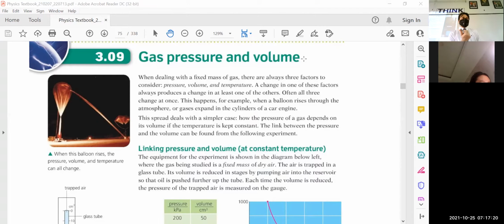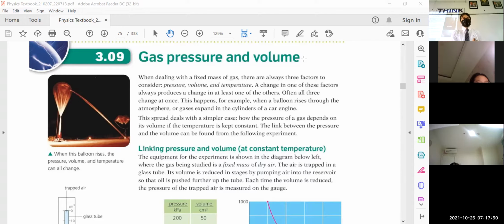Jenny, may I know the use of manometer? Manometer is used for what? Barometer is used for measuring the atmospheric pressure, but this is a manometer. Any idea? Yeah, manometer is basically used for measuring the pressure difference. Pressure difference. Okay, if we trap a gas in a container, to measure a pressure difference, we use a U-shaped tube, that is a manometer.